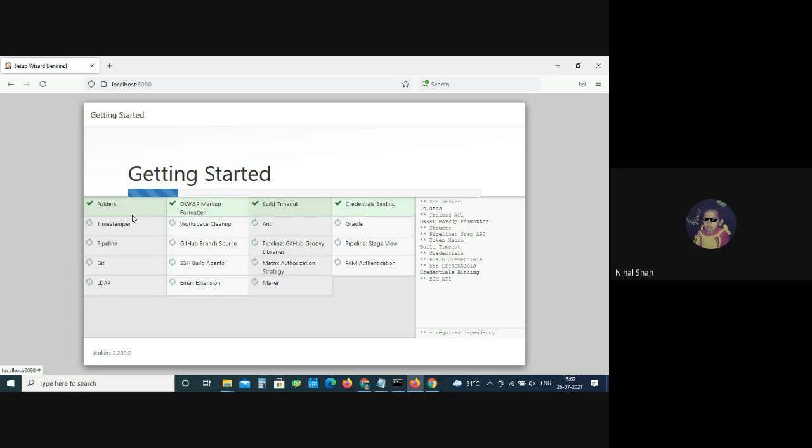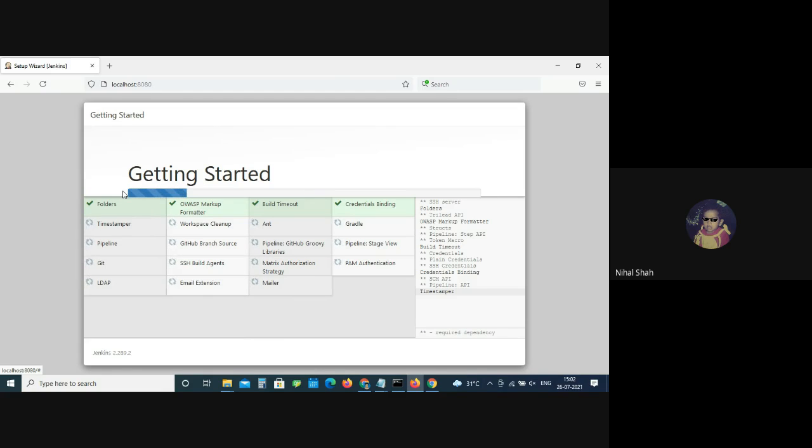Ma'am, yes, it got installed in my system, but it didn't open up the authentication page. It's showing this site can't be reached. Ma'am, can I show how to do? Yeah, sure, no problem. Nihal, open Edge. Edge, yeah, I tried it, but still it wasn't working. No, type localhost:8080. Then some site will open.